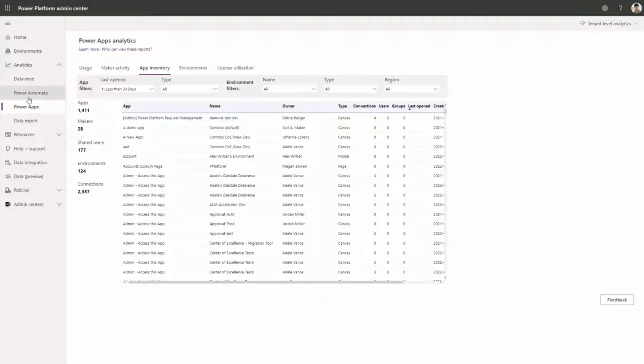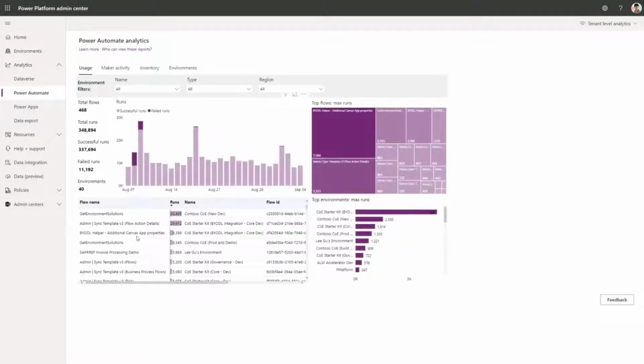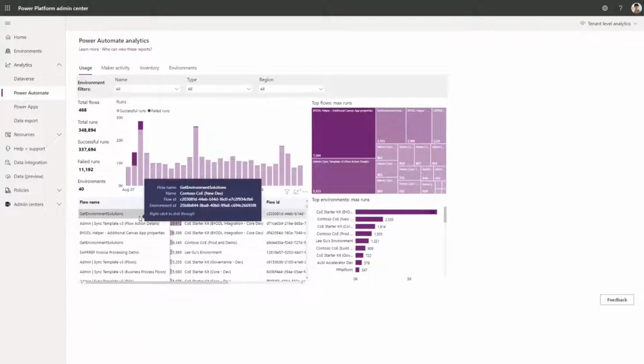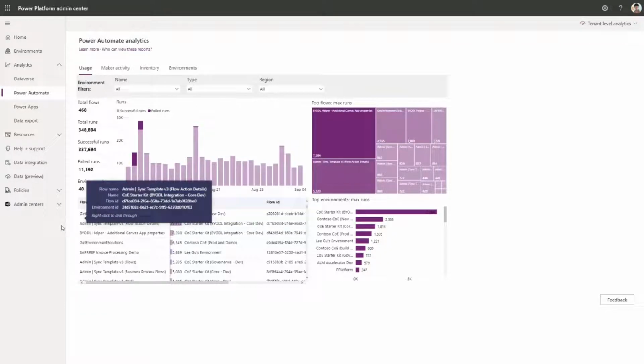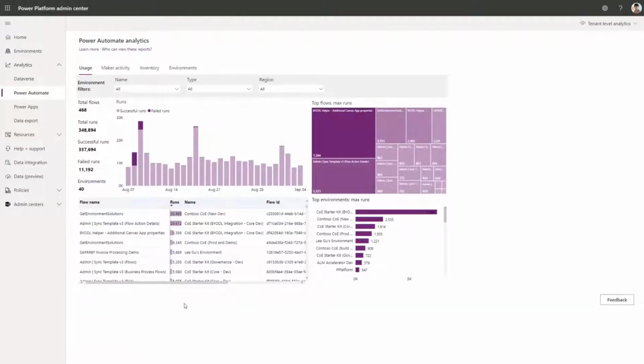I could get a bird's-eye view of flows if I switch to the Power Automate page. In this Usage tab, I could see the popular flows and drill down to learn more about their success and failure rates. All these reports provide me a month's worth of insights, and I could use the chart to identify